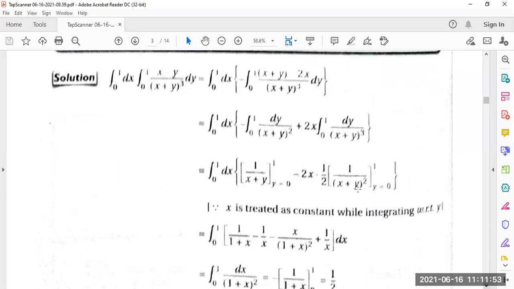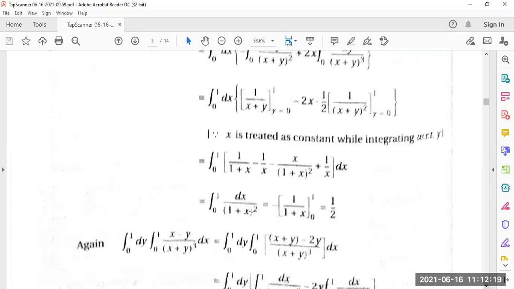That is coming here. And from here, when we put y equal to 0, then it will be coming half of x into 1 by (x plus 1) whole square minus 1 by x. That minus minus plus. So this 1 by x minus 1 by x cut. So it will be coming only 1 by (x plus 1) minus 1 by (x plus 1) whole square. Look at here, dx by (1 plus x) whole square. So now we have to make this integration with respect to x. It can be easily done, and putting the value of x 0 to 1, it is coming half. So for the left hand integral, we are getting the value as half.